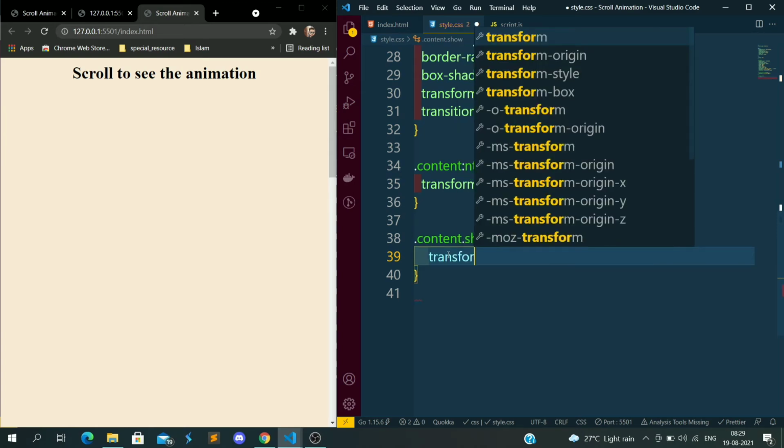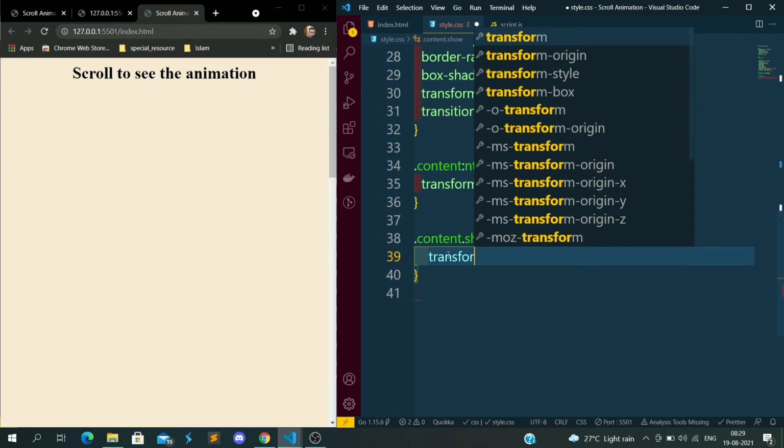As of now, all the cards are on the left side and the right side. As soon as we scroll down, the show class will be added, and what this show class will do is make the cards come into the middle. So I want to give translateX 0.